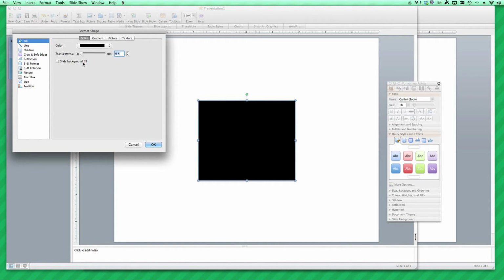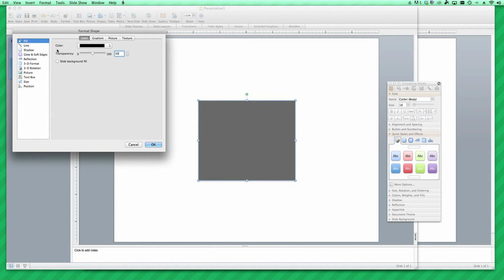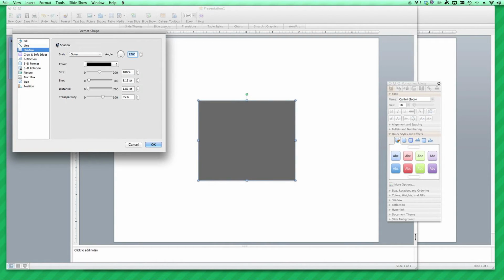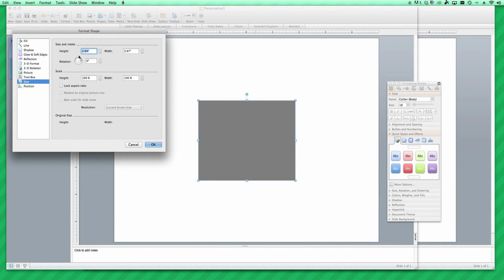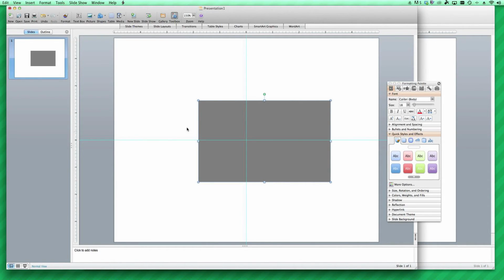And I'm going to change the transparency to 50%. I'll go to line, no line, shadow, uncheck that. And for size, we'll work with 3 by 5. Okay, I'm going to center my shape on the guides here